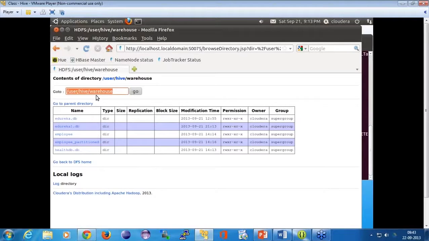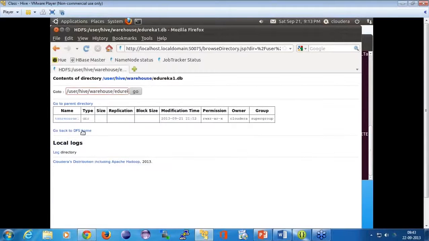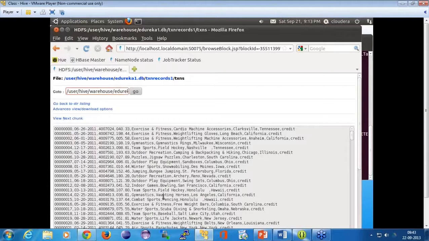But if it is a table, all the data will be stored here. If you look at this, this is the Edureka 1 DB in which there's this directory which has this file. So when I moved it, it has got this file here. Okay, is it clear to everyone, guys? So now the file has been created, has been moved into this.